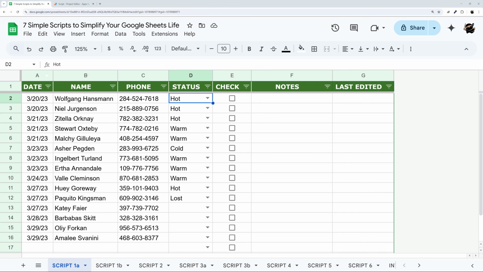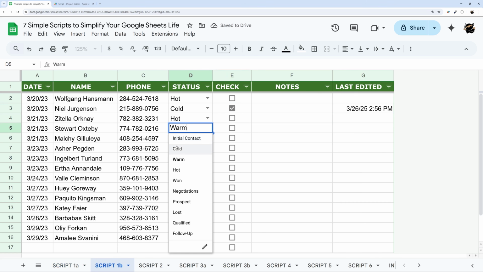In today's video, I'm going to show you 7 simple scripts that you can easily add to your Google Sheet. Starting from the first one, it will add a timestamp anytime you edit a value anywhere on the Google Sheet. The second version of that first one is just in a single column, but it won't work on different